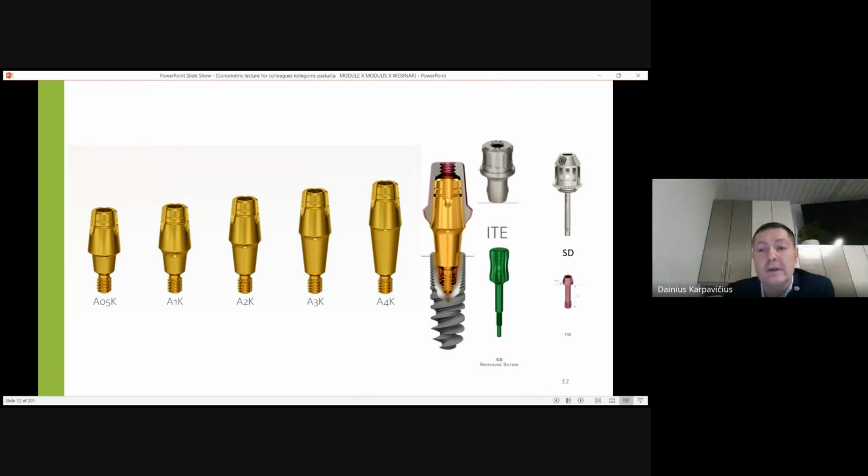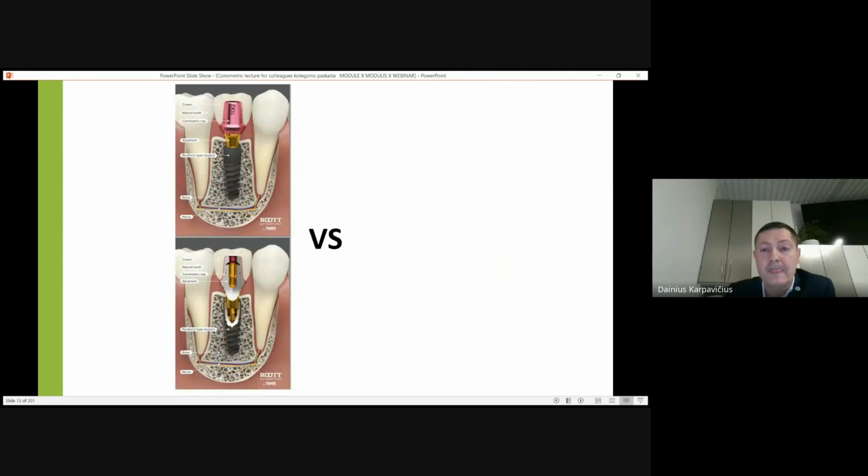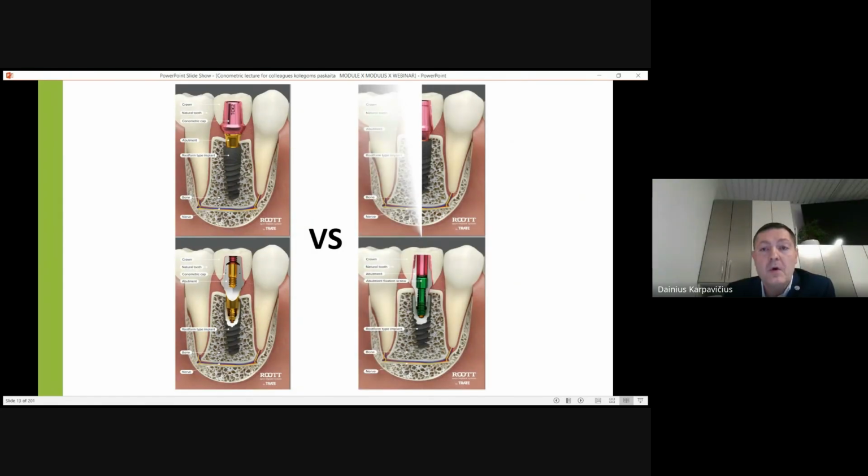But while we are using this crown remover, it's very easy. 2, 4, 5 Newton centimeters, and your Conometric crown comes off the connection. So schematically, here you can see the differences between our regular daily principles of prosthetic treatment while we're using